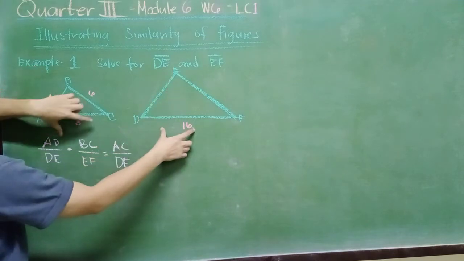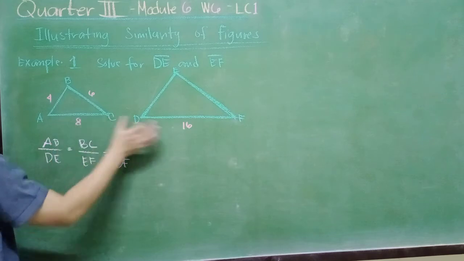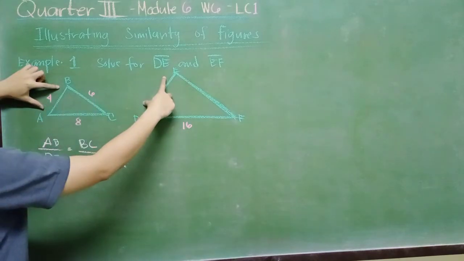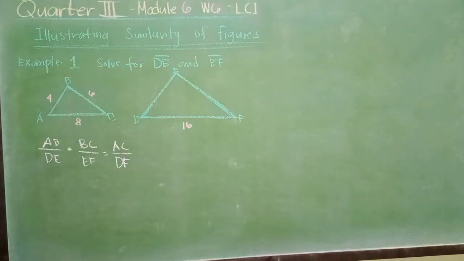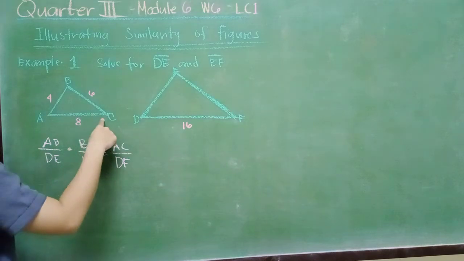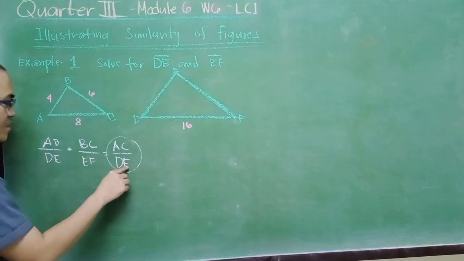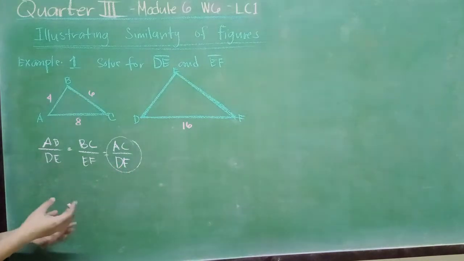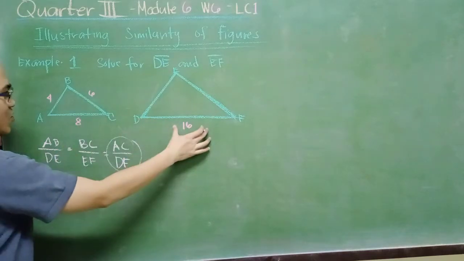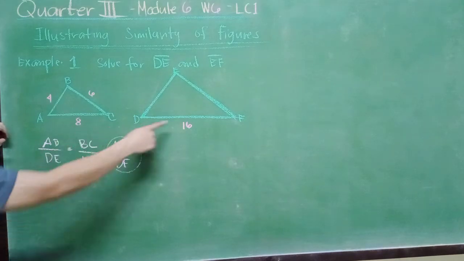So ito parati mong gagamitin, yung corresponding sides na yan na parehas na may value. Tapos isang ratio, yung isang value meron, yung isa wala. So, ano ba yung ratio na parehas merong value? Yung AC is to DF, which is this one, AC over DF. Parati gano'n yung unang mong hahanapin, yung corresponding sides na parehas na may value. So AC is to DF,